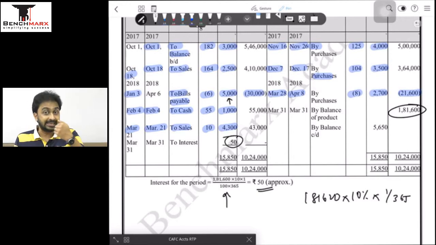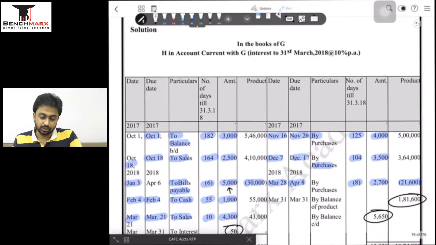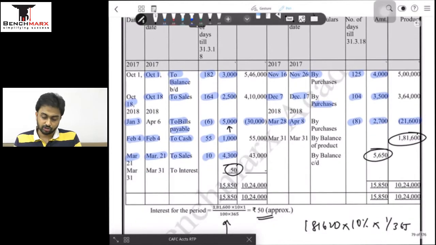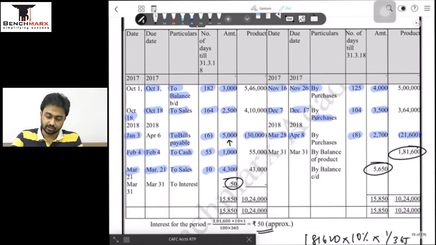Once you post the interest amount on the opposite side, only then you can balance the amount column, and the balancing figure that comes is the balance including interest that Mr. G has to recover from Mr. H, because the amount is going to be settled on 31st of March with interest, and the interest works out to be